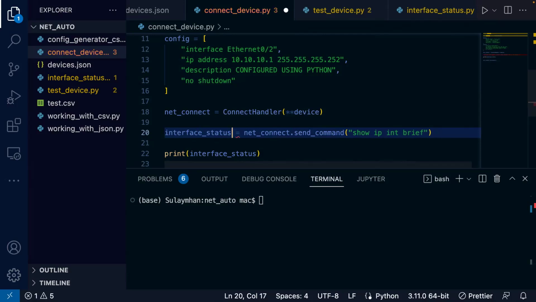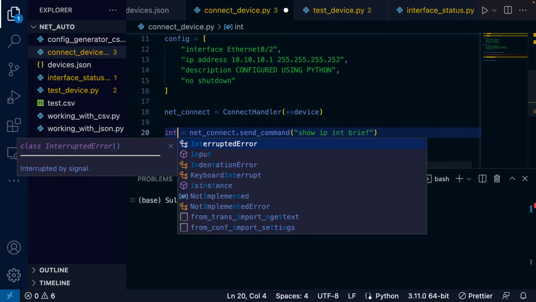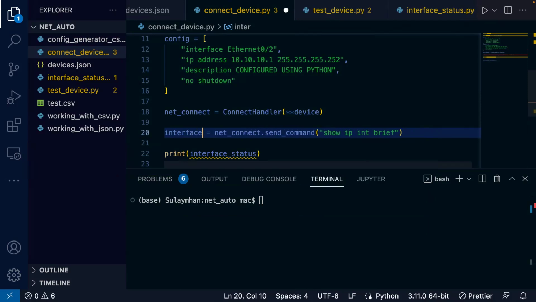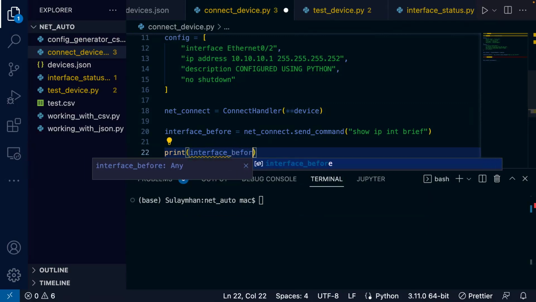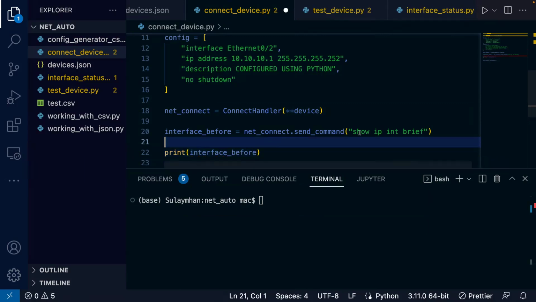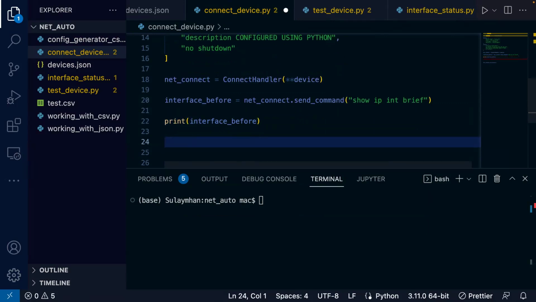Let's call it before change. Let's say interface before, and I'll write here interface before, and so I have it here, so it's going to show me. So the next thing is going to, let's say, config interface,